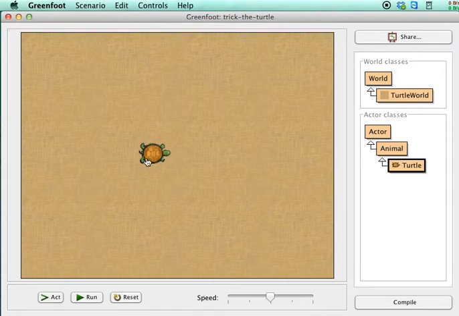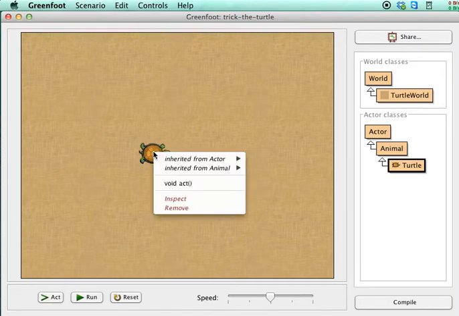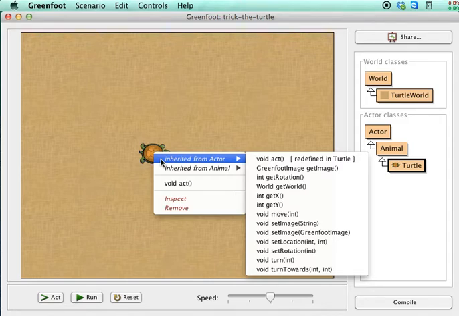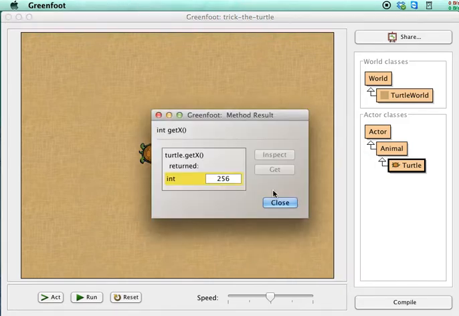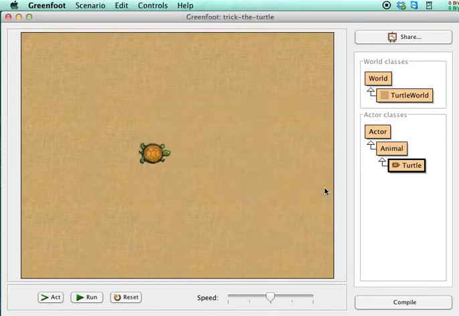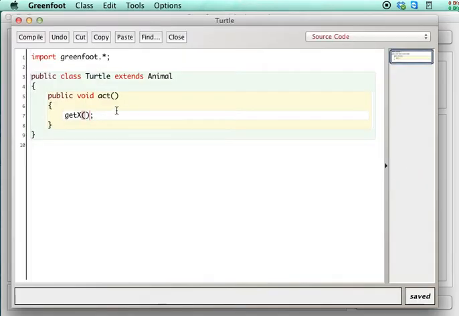So when you call getX from the interface like this, it'll pop up a window and give you the number. But when you write it inside the editor and call it this way, it doesn't do anything,